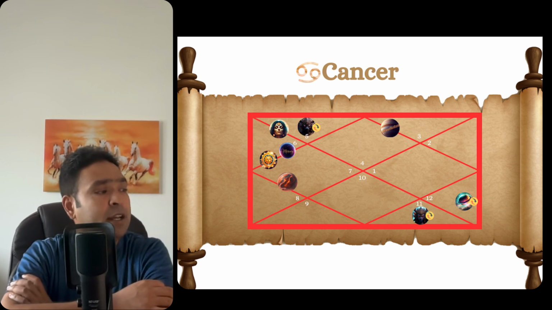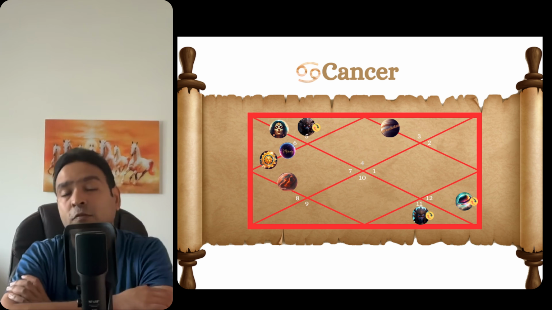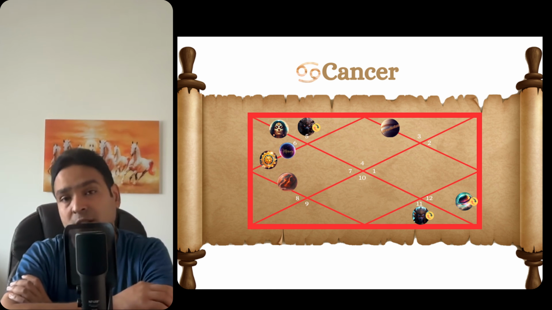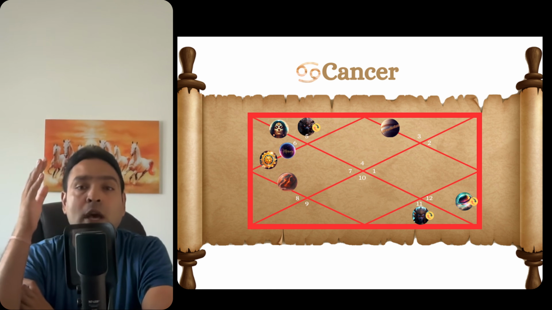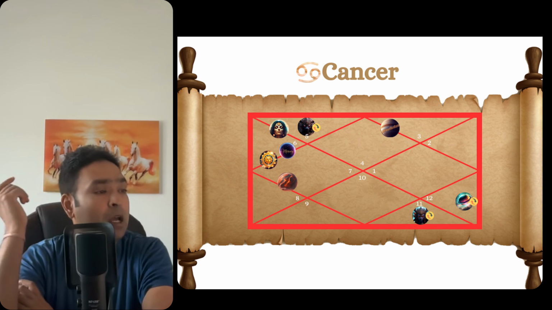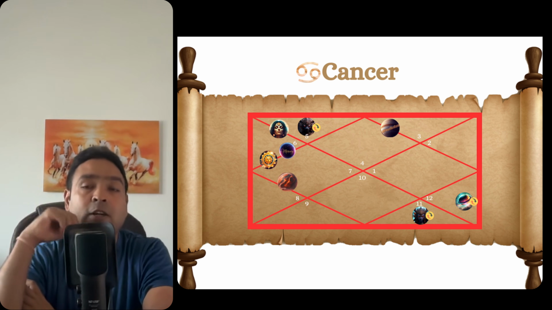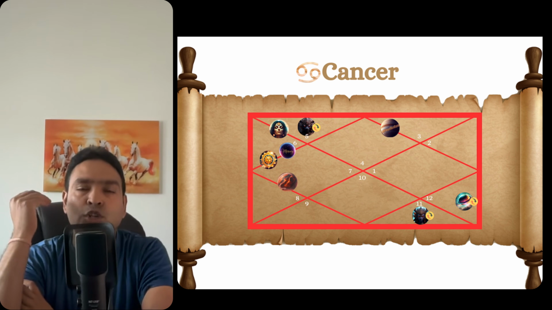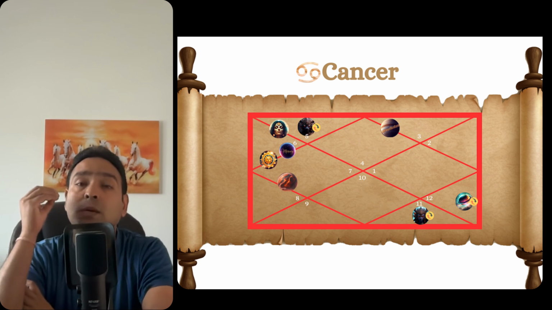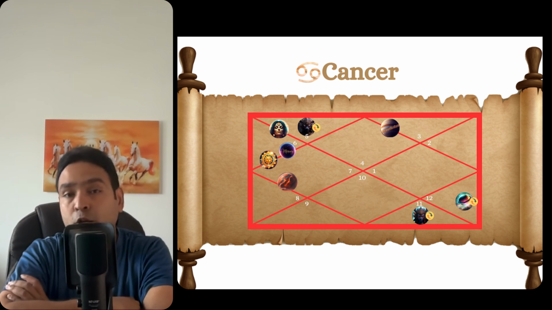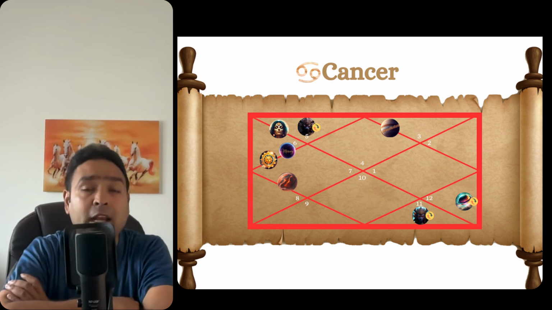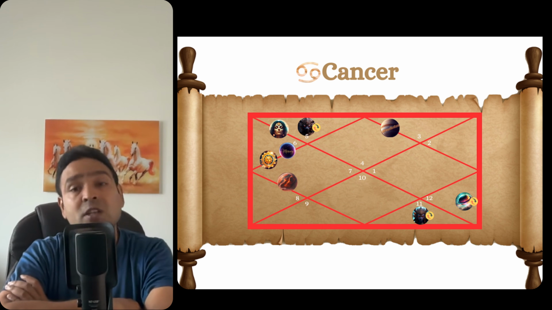Yes, there could be a certain degree of lack of effort, but that is fulfilled, that is supported through Sun's presence there. And very importantly, you have to understand that debilitation of any planet also has an exaltation aspect of it, which is coming towards your ninth house where Saturn is placed in retrogression. Now, this is good for people because whatever goals, objectives you were chasing, you are going to find the benediction, support, guidance of your luck, of your elders, your mentors, guides, your superiors at work if you're a working professional, your boss, your manager, your client if you're a business person.